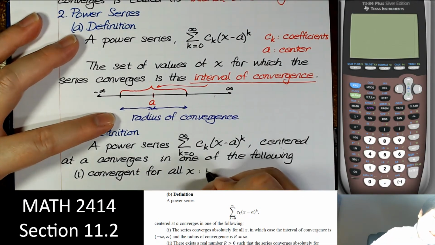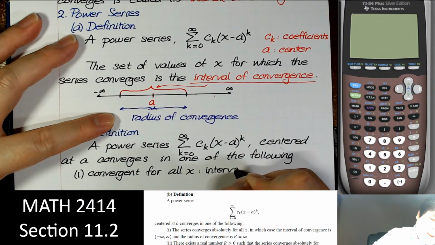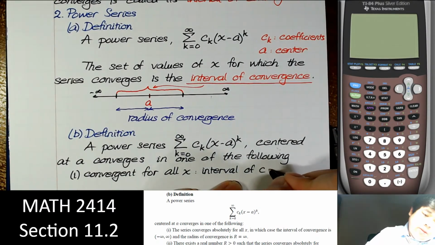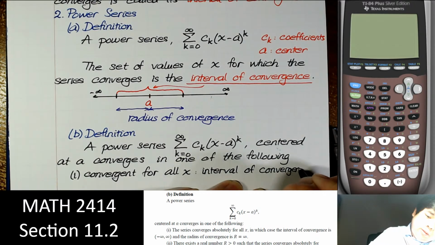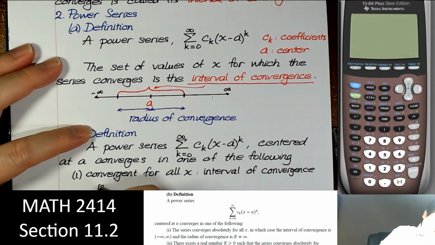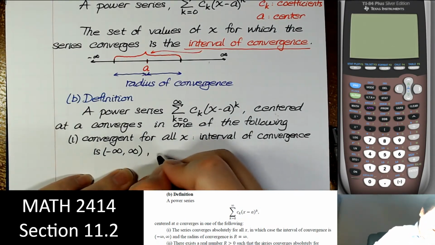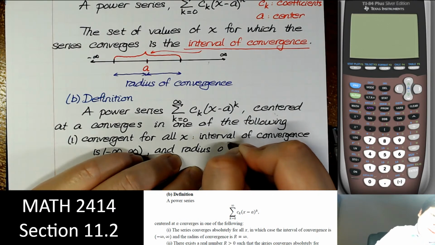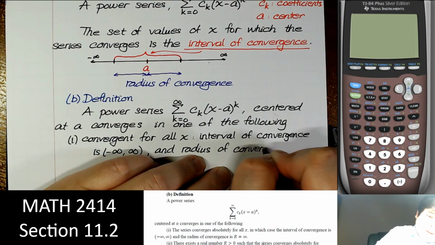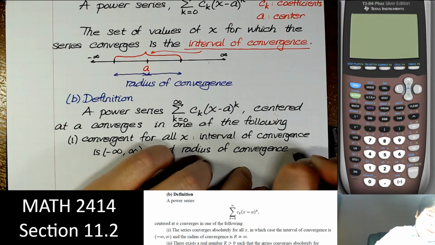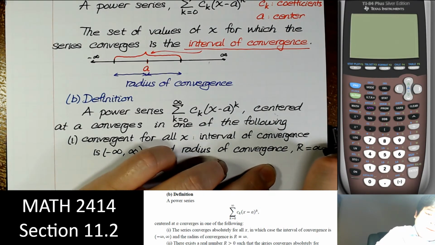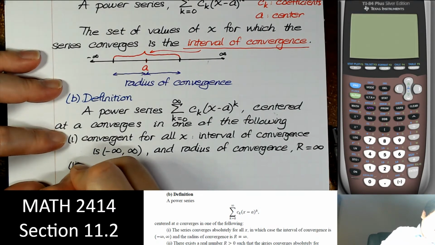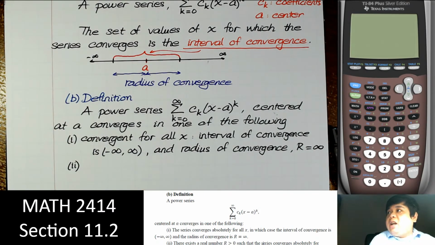In that case, the interval of convergence is negative infinity to infinity, and the radius of convergence is equal to infinity. That's the first case. The second, there exists a number R so that the series converges for